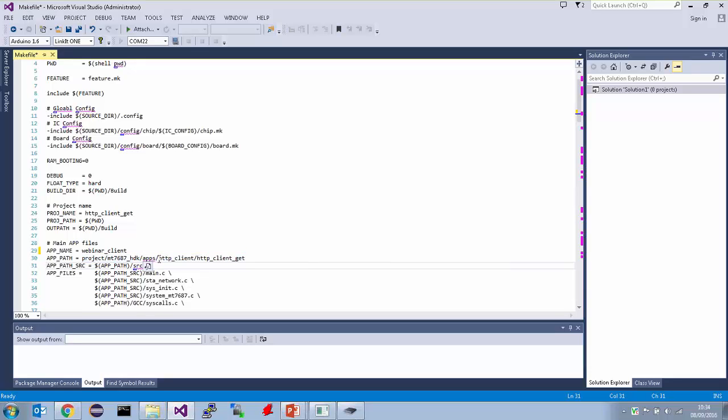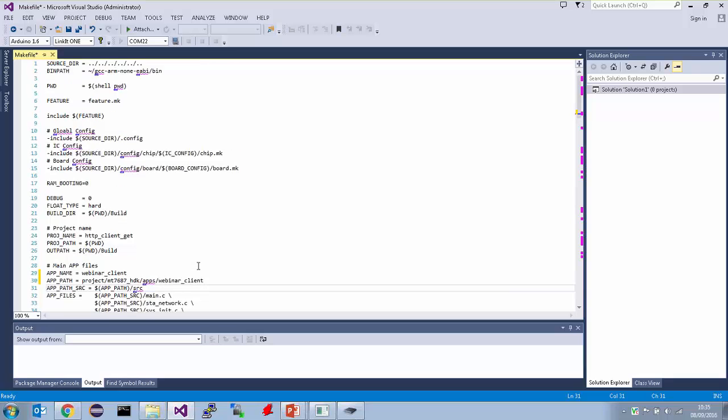We have it directly in the apps, so it's just apps webinar client. And because this project was in a subfolder, the source directory is actually one higher up, so we have to adjust that as well. So we save that, and now our project is already ready for compilation,